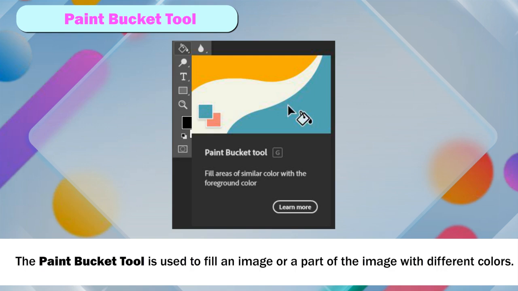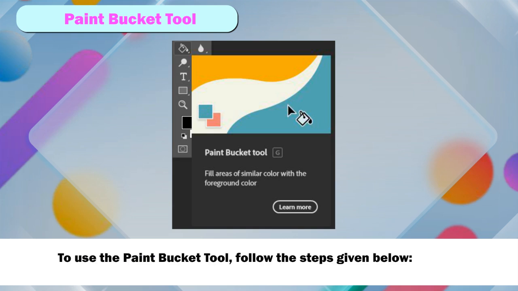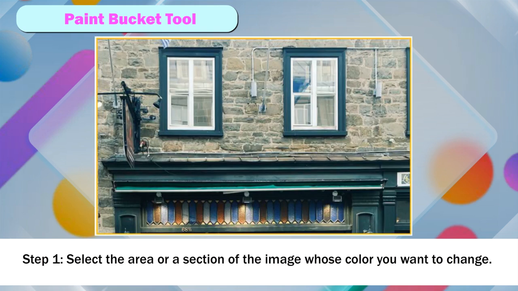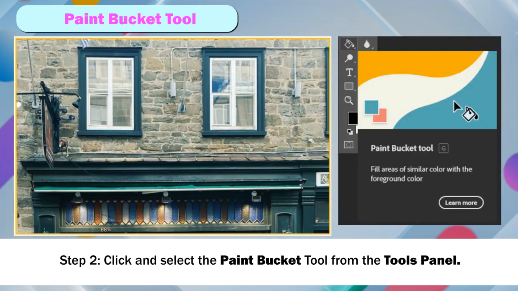Paint Bucket Tool. The Paint Bucket tool is used to fill an image or a part of the image with different colors. To use the Paint Bucket tool, follow the steps given below. Step 1. Select the area or a section of the image whose color you want to change. Step 2.